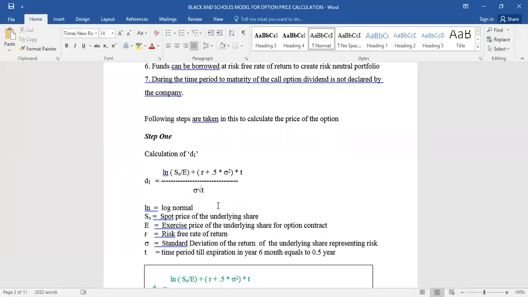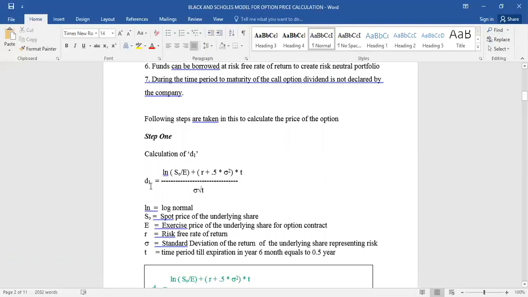If a person has sold a call option for 100 shares, that means he should take a long position equal to 0.6 proportion of the 100 shares. That is 60 shares of the underlying stock at the prevailing spot price. This action combined with selling of the call option will result in a risk neutral portfolio or zero cash flow portfolio. So that is the way it works.